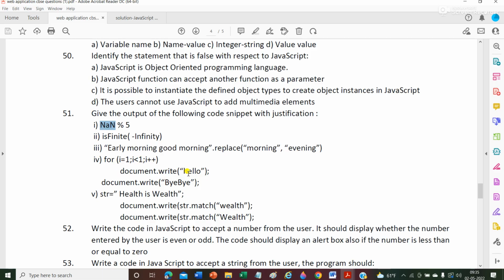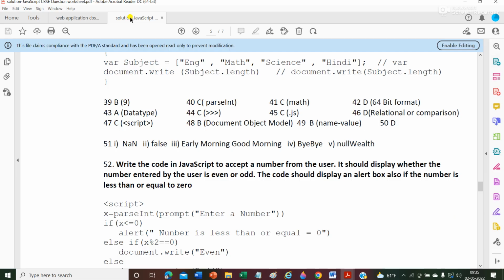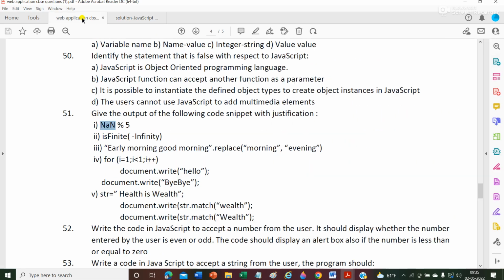तो एक तक ही चलेगा। डॉक्यूमेंट डॉट हेलो प्रिंट हो जाएगा। ये देखो, ठीक है, बाय बाय. Why is it returning bye bye? Now let's see this. Okay, ये देखो, document dot write, now you can see, ये तो प्रिंट होगा नहीं, ये इस लूप के अंदर है। ये लूप एग्जीक्यूट तो होना ही नहीं है, बिकॉज आई की वैल्यू 1 है ना स्टूडेंट्स, और आई की वैल्यू लेस देन 1 तक चलेगा। आई की वैल्यू 1 हुई, चेक कर रहा है कि 1 लेस देन 1 है, नहीं है, तो इसलिए लूप से बाहर हो गया और सिर्फ ये बाहर जो लूप में नहीं लिखा हुआ, वो प्रिंट हो जाएगा, दैट इज बाय बाय।